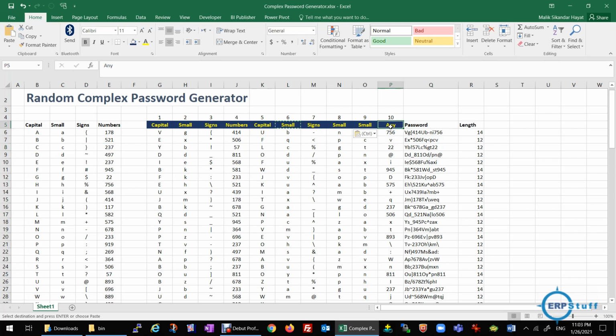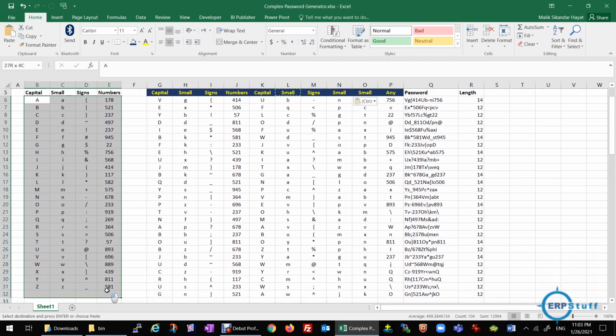Now the last column, there I put any. Any means that at the moment I am selecting, for example, only small, only capital, or special or numbers, etc. Here I said random again. It can be anything from this range, up to here, any number, or maybe something else, randomly.